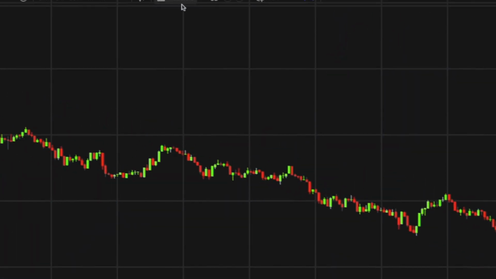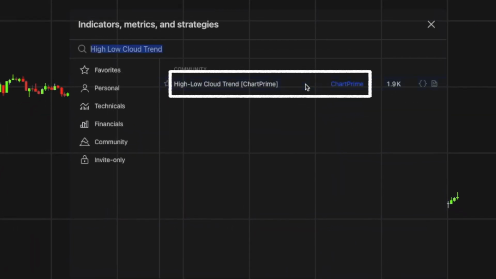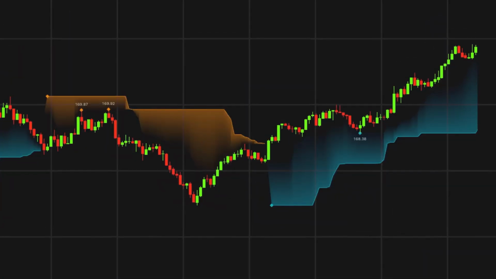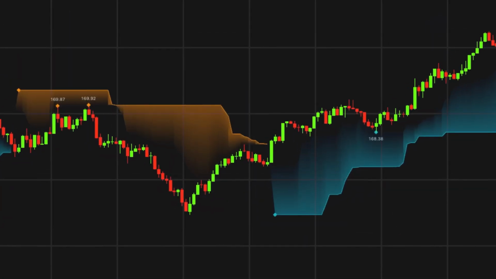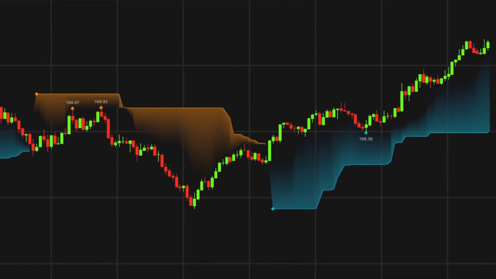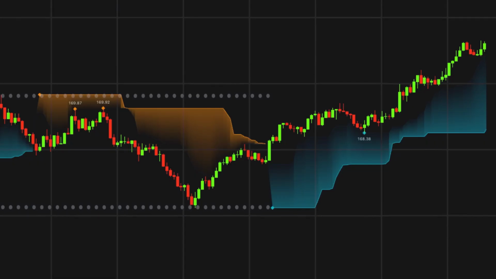To start with, I'm heading back to the indicator search and looking for High-Low Cloud Trend by ChartPrime. This indicator is absolutely perfect for what we're about to create. At its foundation, it calculates the highest high and lowest low, plotting these as dynamic bands on the chart. This approach allows you to observe the range within which the price has been oscillating, offering insights into market volatility